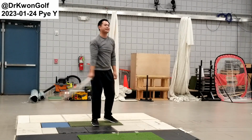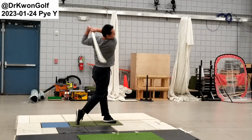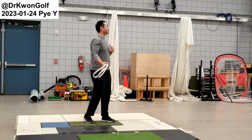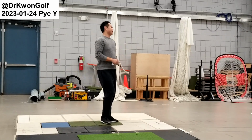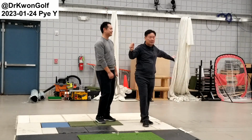Now I'm on the right side of the target. It's a piece of cake because you can do this without even thinking. I don't even think about it, like, how do I tilt my spine? Just, okay, here's the goal, and my body is going to do it naturally. So ultimately, although usually I say you bring the hands high this way in order to swing more inward,